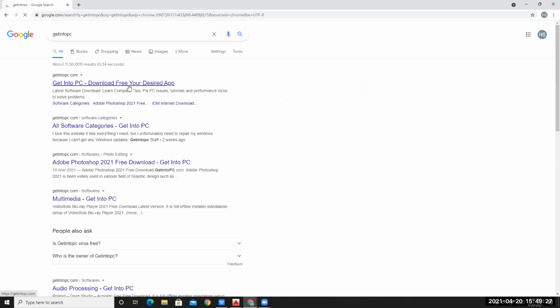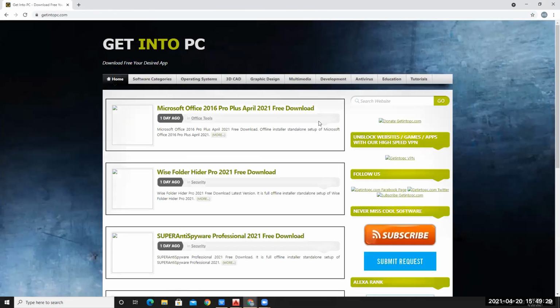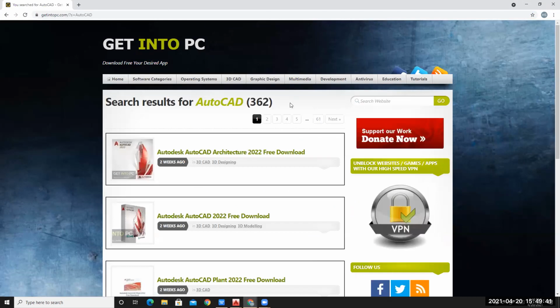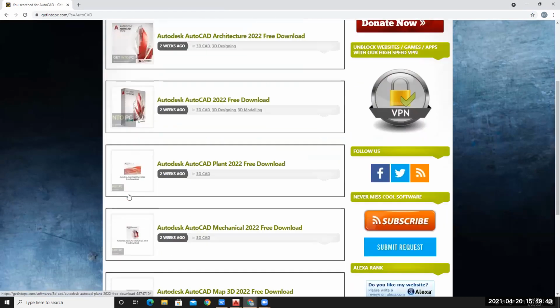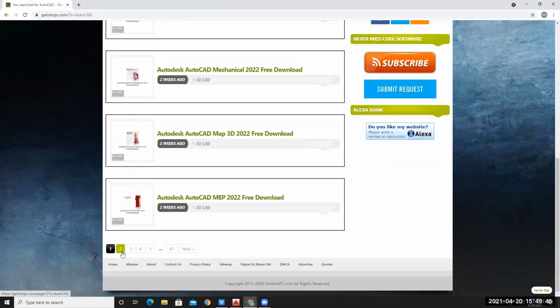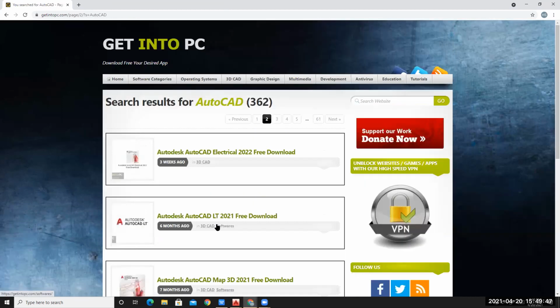Sir, it is taking a lot of time to download. Because the file size will be more now. So that's why it will take some time. The file size, I think it will be 4 GB or something like that. So you need that much data also in your mobile phone. Or if you are using Wi-Fi, then that is fine.